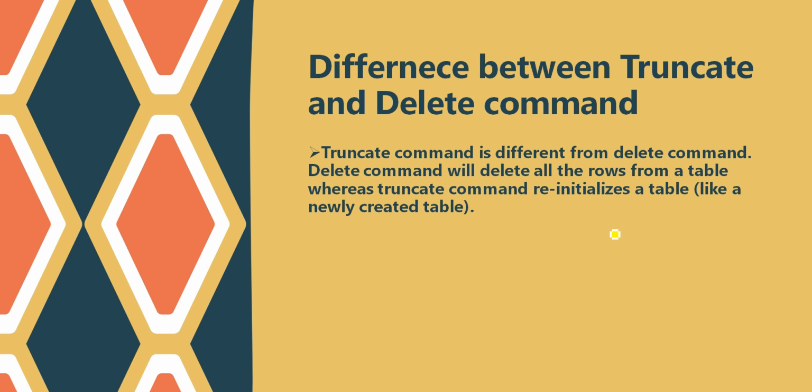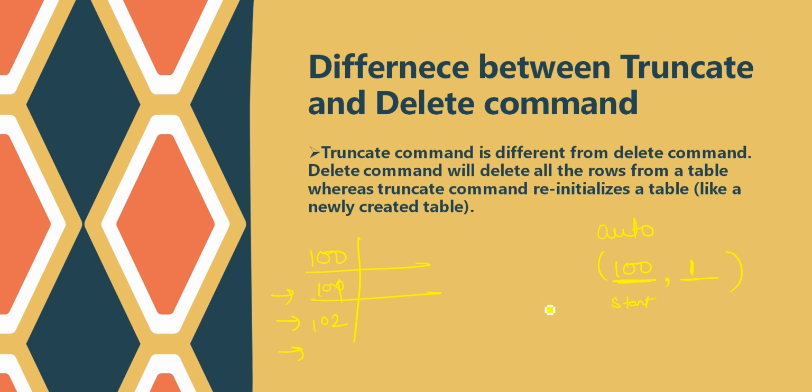But we can change this. We can use the auto increment option. Let's say I do not want to start the student id from 1, I want to start from 100, then 101, 102, something like this. How can I do that? In the auto increment option we need to specify the start value and the value which is going to be added every time. I want to start with 100, and whenever a new record is created, it is incremented by 1.